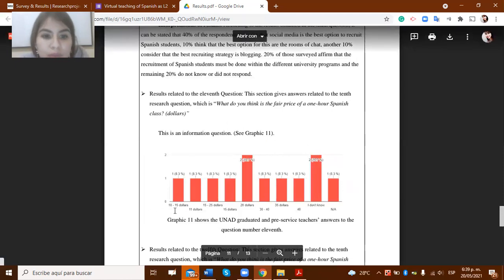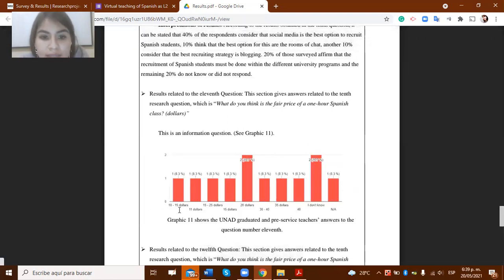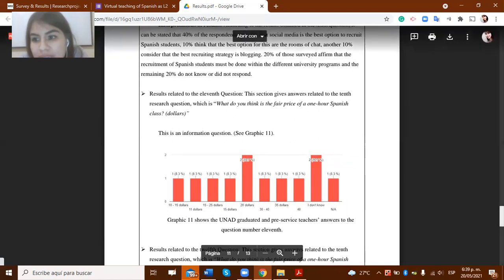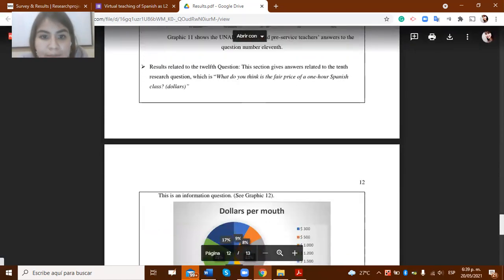So some people consider the class price must be between $10 and $15. Others consider $20 a fair price. For example, two people answered that. Other people don't know the answer, etc.